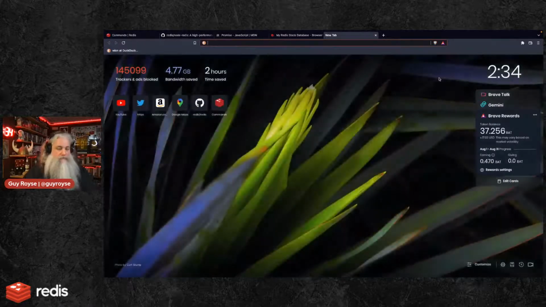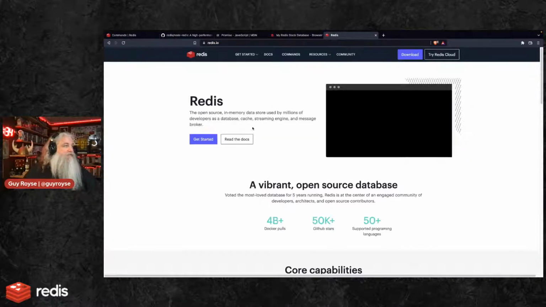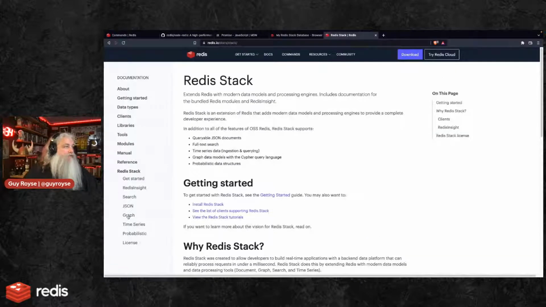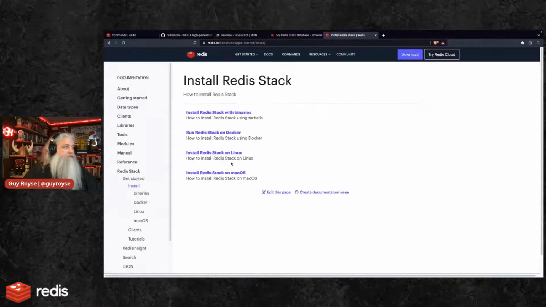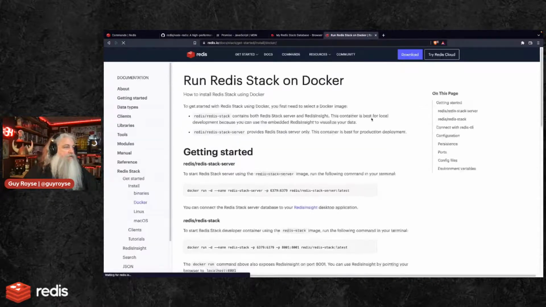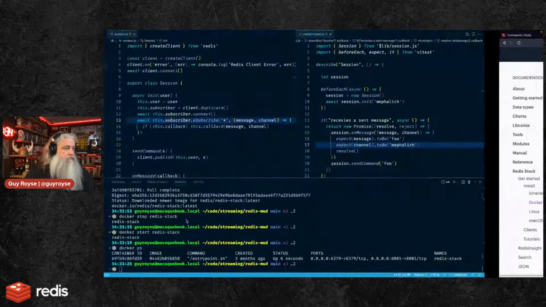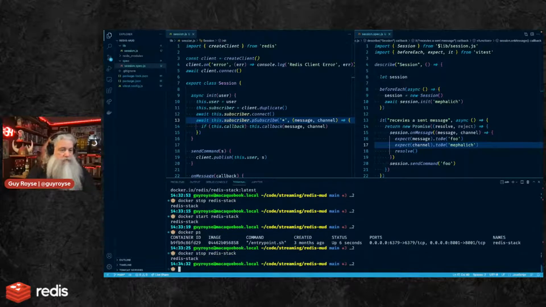Let's go to redis.io/Redis Stack. Get started. Install with Docker. And then that. So Docker stop redis-stack, Docker remove.